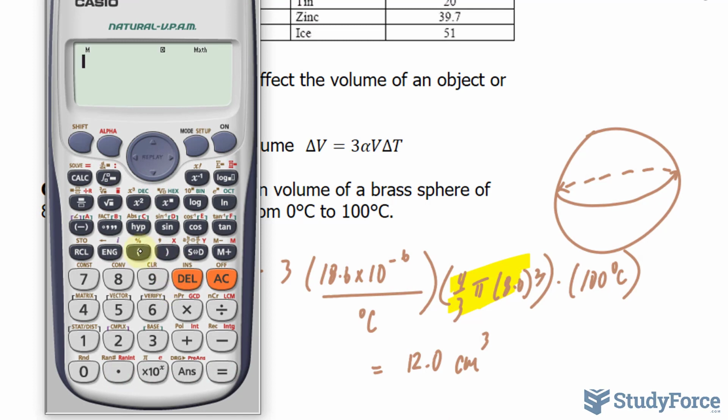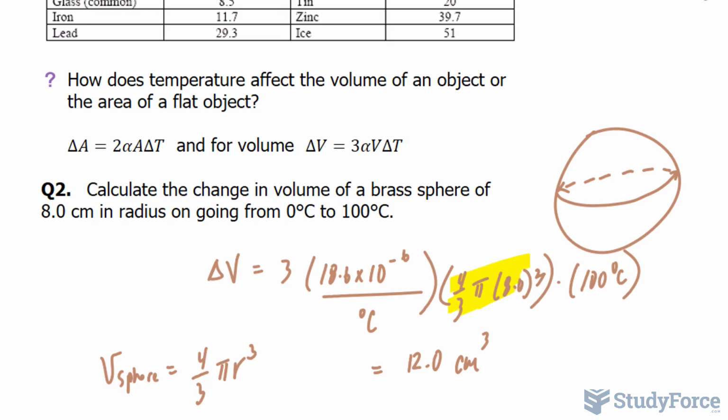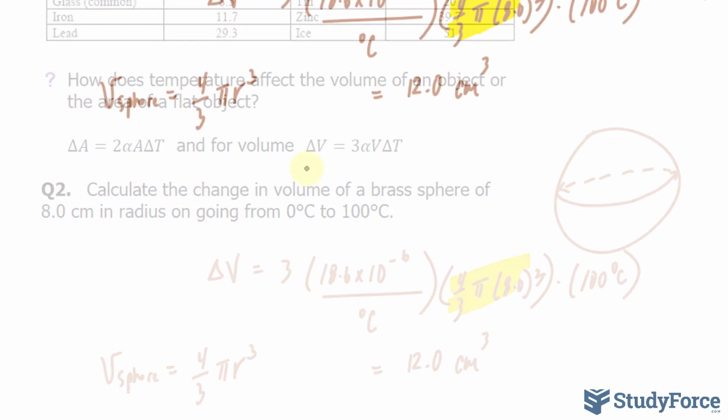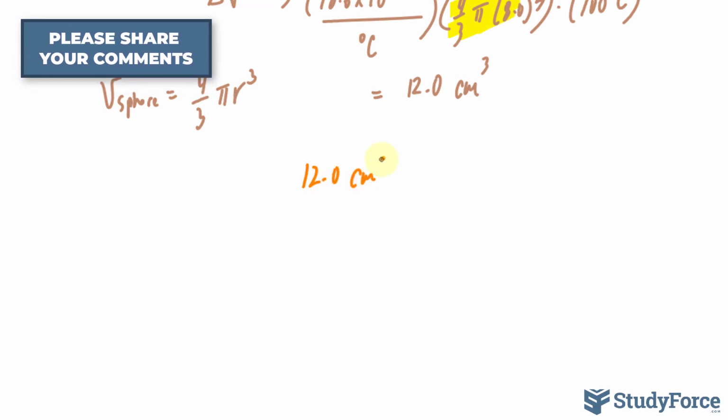so back to our calculator, 4 over 3 times pi times 8.0 to the power of 3. So originally the volume is 2,144.6, and it has changed by 12.0 centimeters cubed. Essentially, it has expanded 12.0 centimeters cubed when going from 0 to 100 degrees Celsius. Pushing this idea further, if I were to compare 12.0 centimeters cubed